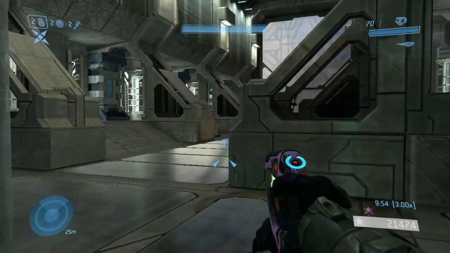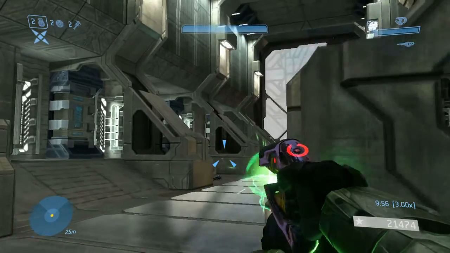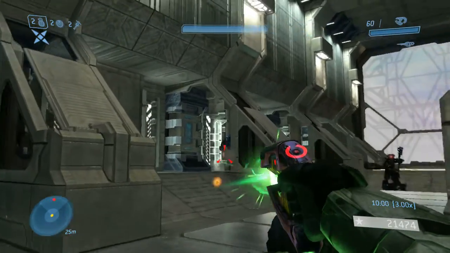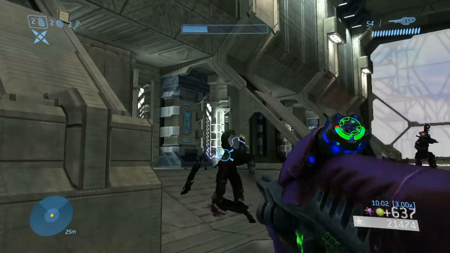Carbines are very destructive against brute shielding as well, so it's not that big of a deal. Also, killing this guy in front of the barrier makes the chieftain...